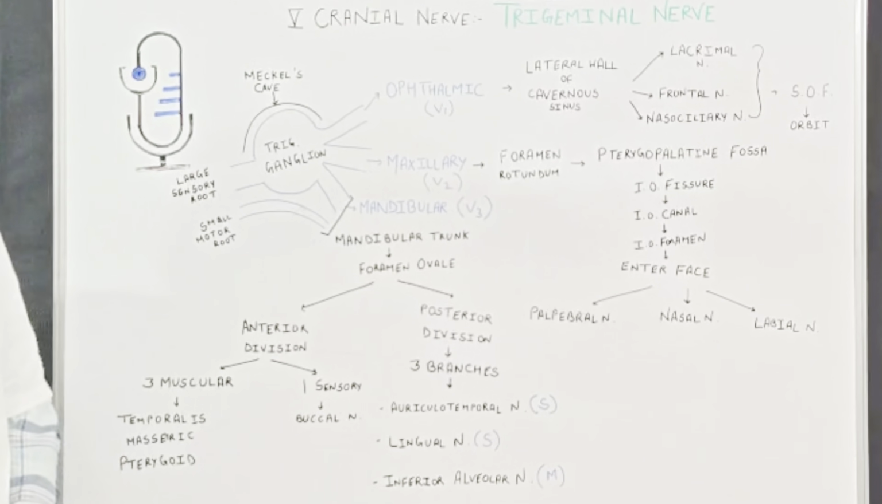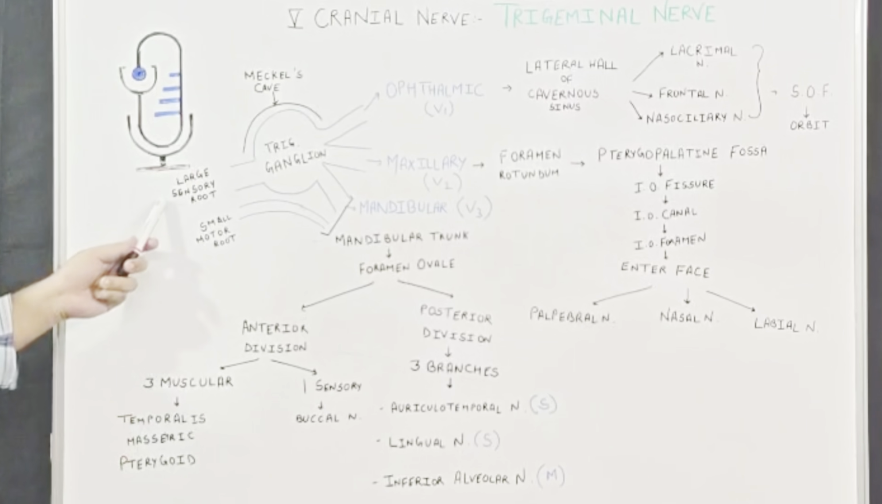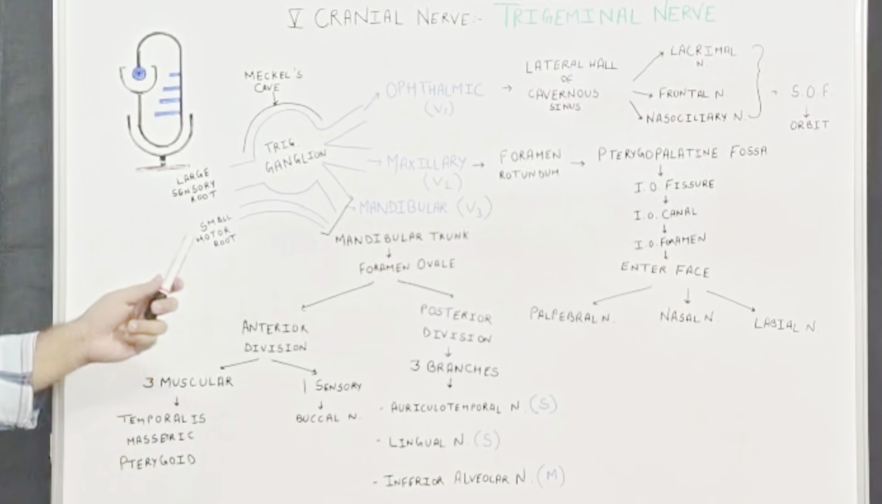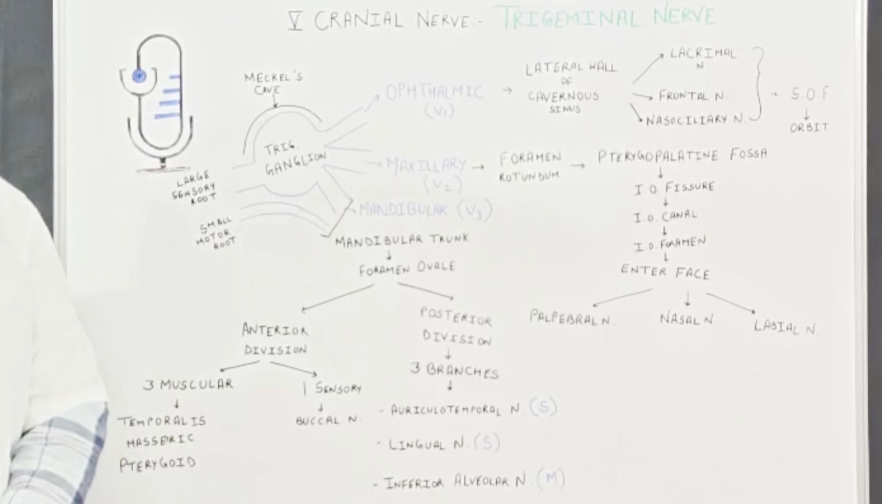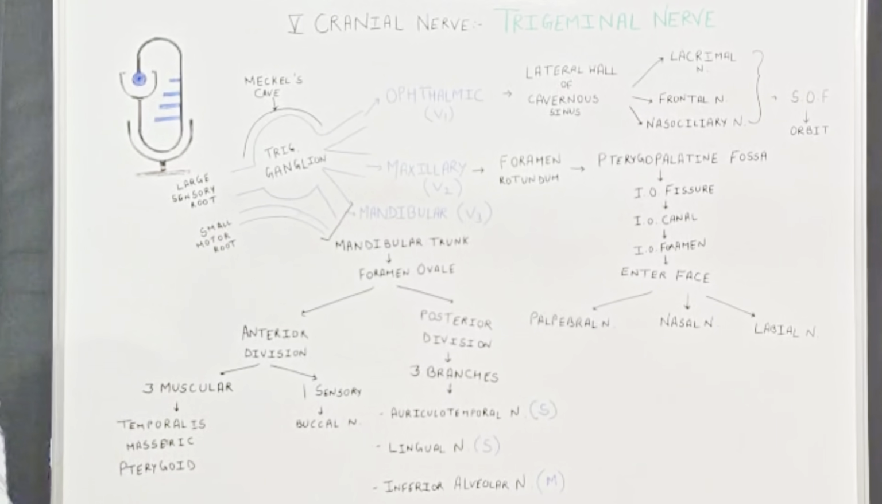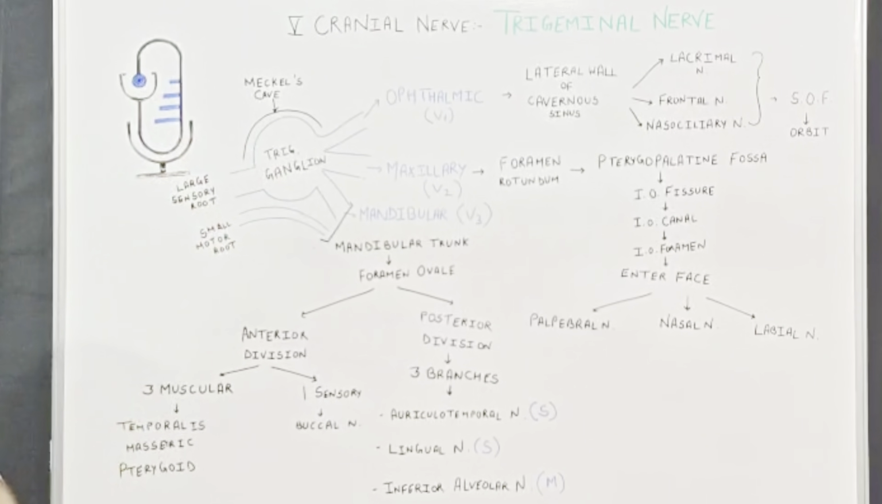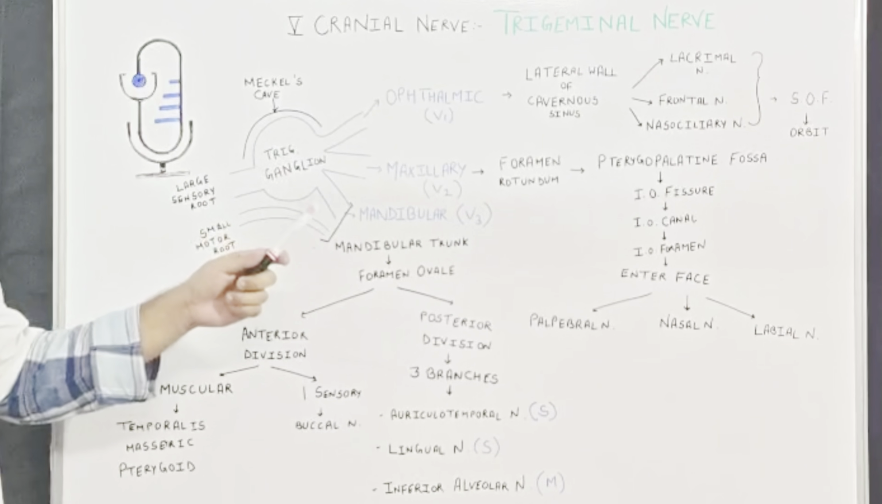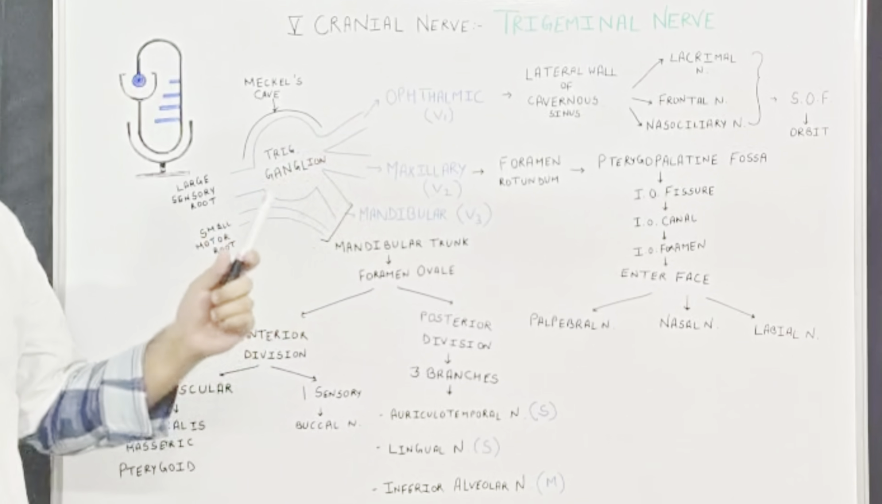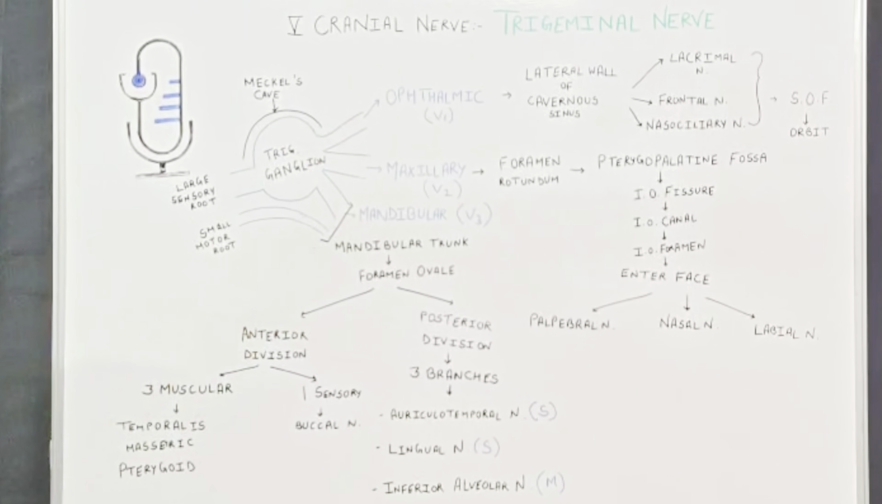So now we'll be studying about the course of the fifth cranial nerve. As you've already studied, the fifth cranial nerve has a larger sensory root and a smaller motor root. The cell bodies of all the sensory neurons of the fifth cranial nerve are located inside the Gasserian ganglion, which is located inside the Meckel's cave. Now, the Gasserian ganglion is divided into three divisions: the ophthalmic division, the maxillary division, and the mandibular